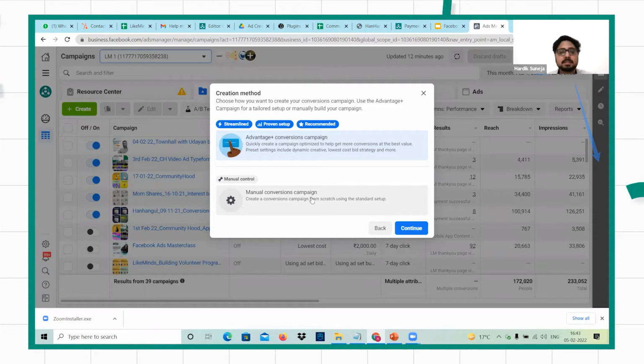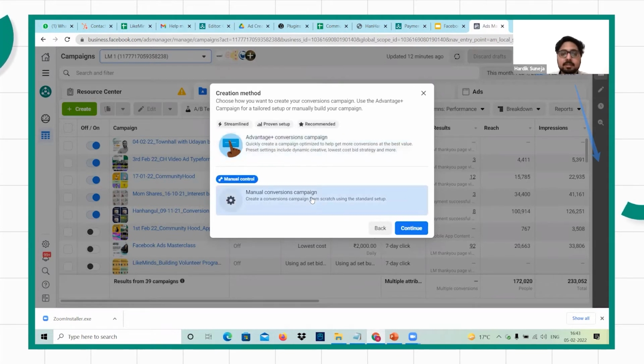But I would recommend you to go towards the manual conversion campaign, because you are the one who knows best about your product or service that you are selling. So all the values that you're offering, you would know best, and you will be able to find the right target audience for your product or service. So I would recommend you to go for the manual conversion campaign. We'll click on continue,